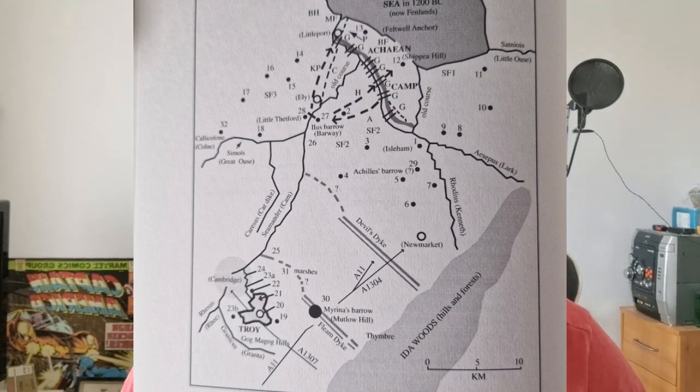You've got the camp, and we're looking for the letter H. So we've got the letter H here. As you can see, all these G's are the gates along the Achaean camp. So you've got a number of gates into the Achaean camp, and it says that Hector attacks 5 gates of the Achaean camp with 5 companies. I'm guessing he manages to get through some of these gates, and as he says there in that older rendition,